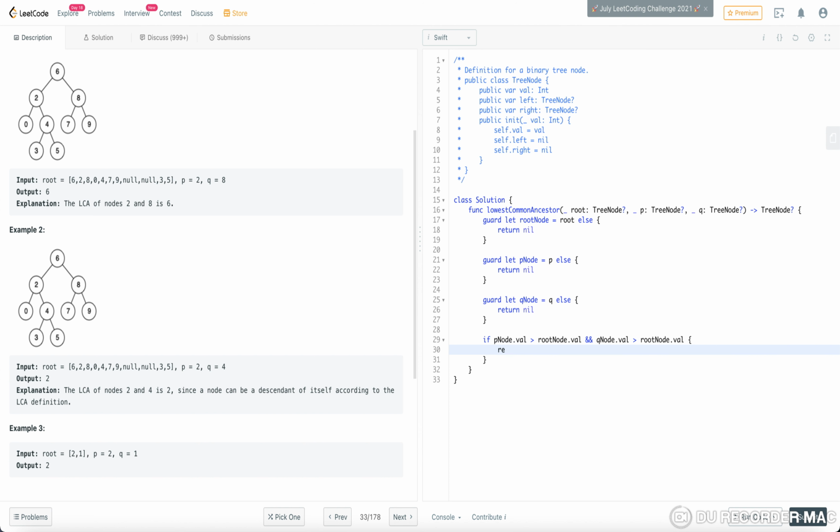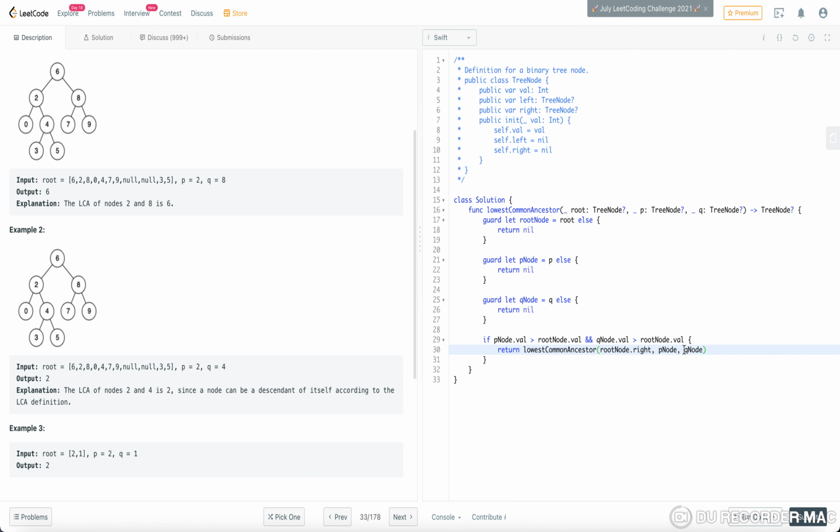So in that case we will return lowest common ancestor, as now we go into the right side, so root node dot right, comma, p node and q node.